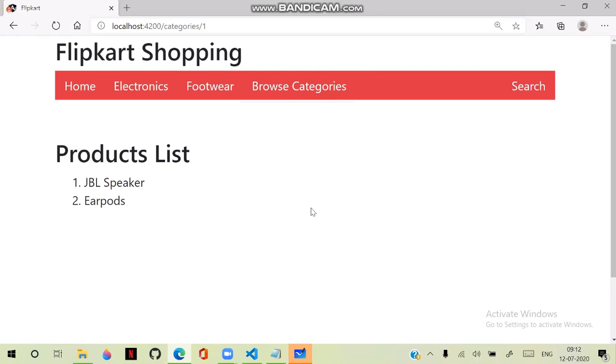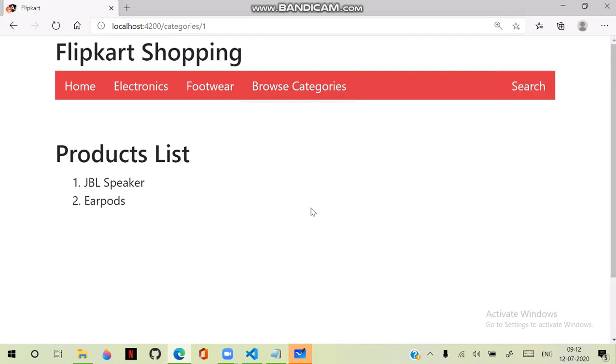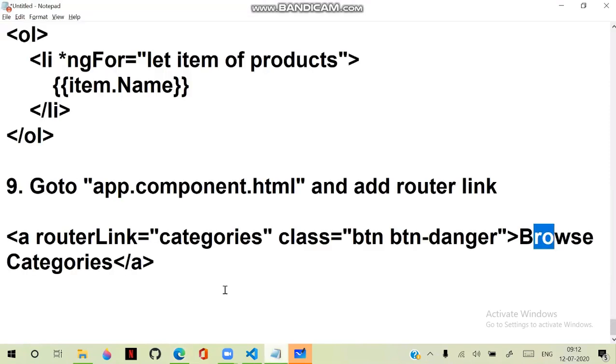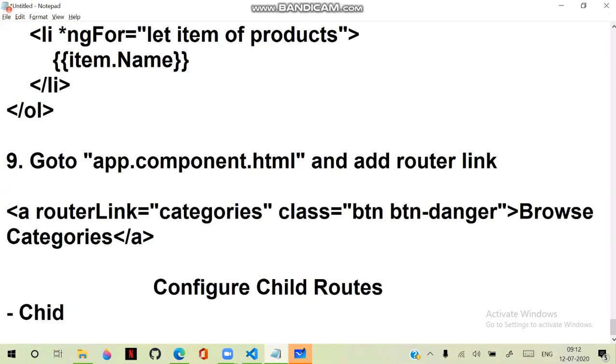Up to now, from one component to another component, we have defined navigation. Now we need navigation within the component. I click on the product, then it has to get me and display that. That means now we need to configure child routes. Actually, child routes are used